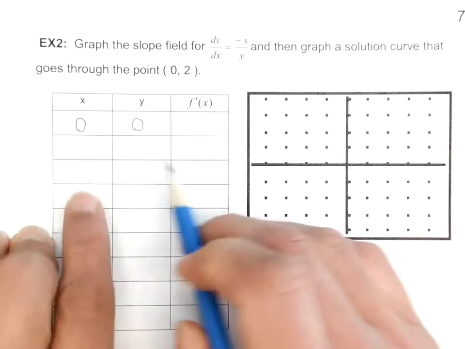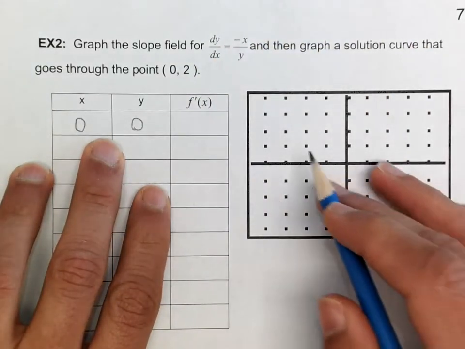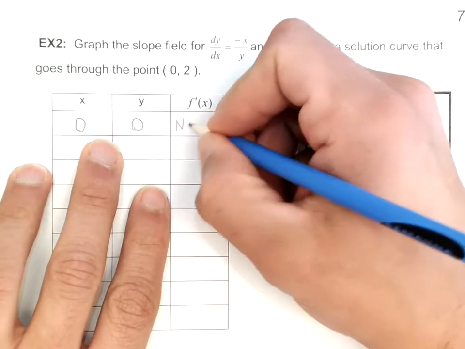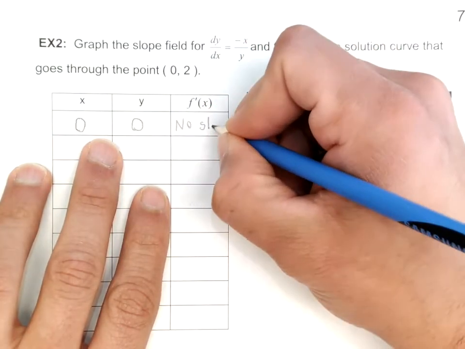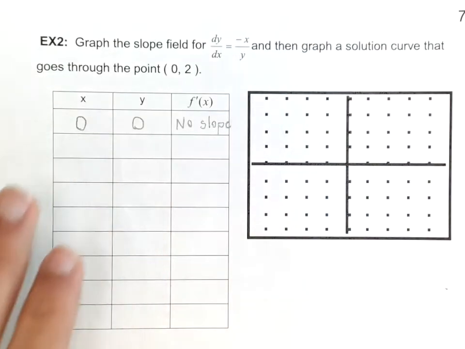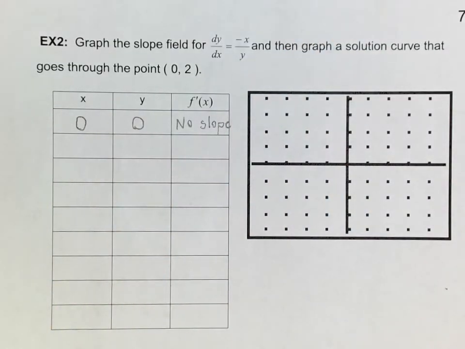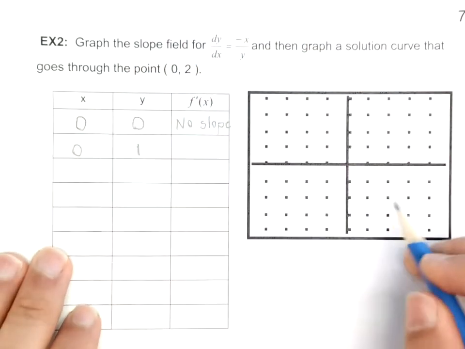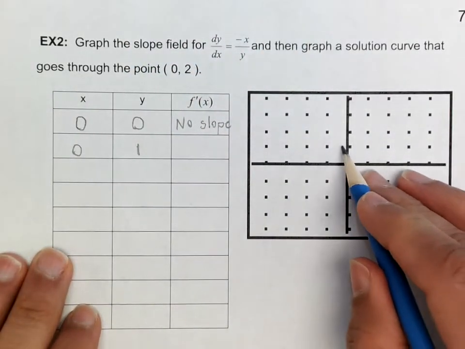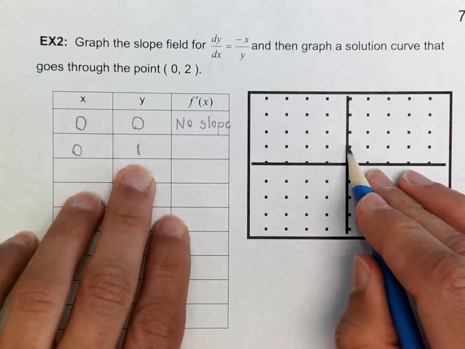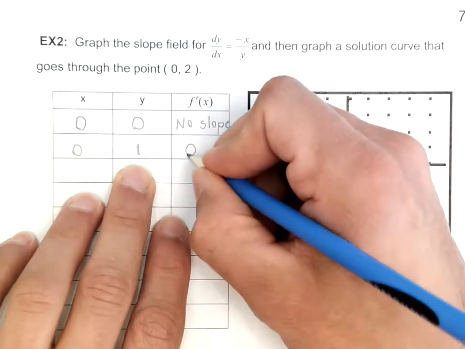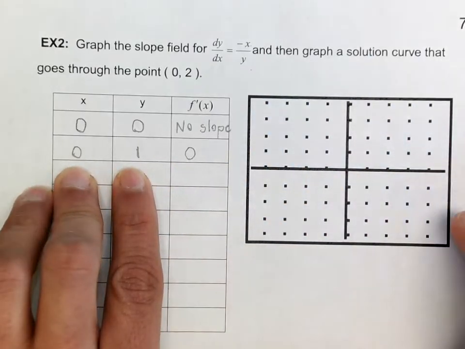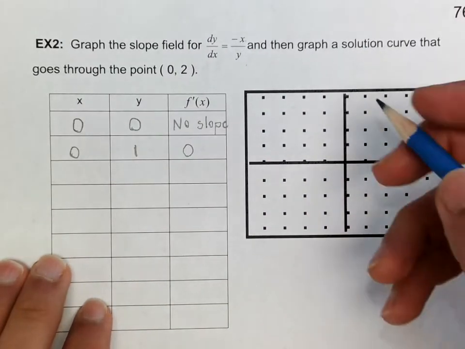Notice that if I plug in 0, 0 here, which is the origin, that's going to give me an undefined slope. So this is no slope, which you can also say is a vertical line, so that would be alright too. Let's go to 0, 1, for example. If I pick a point in this graph, which is 0, 1, right here, this slope would be 0. And again, remember where I'm getting that from. I'm plugging this x and this y back into here and here. So we have that the slope is 0, which is